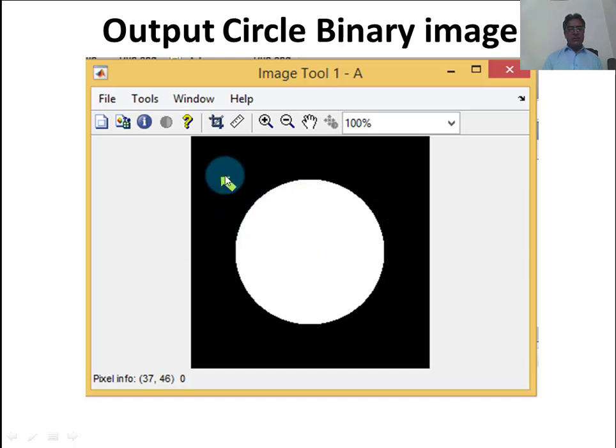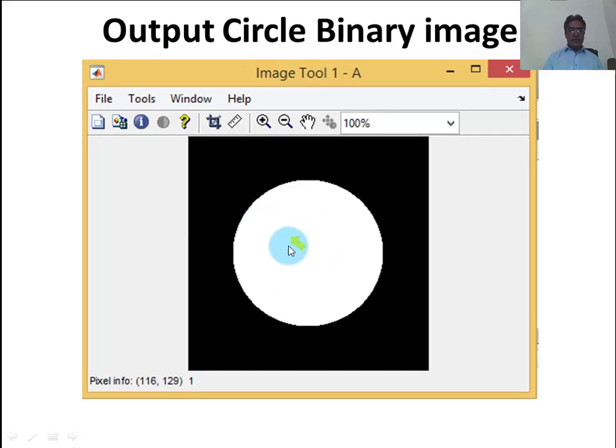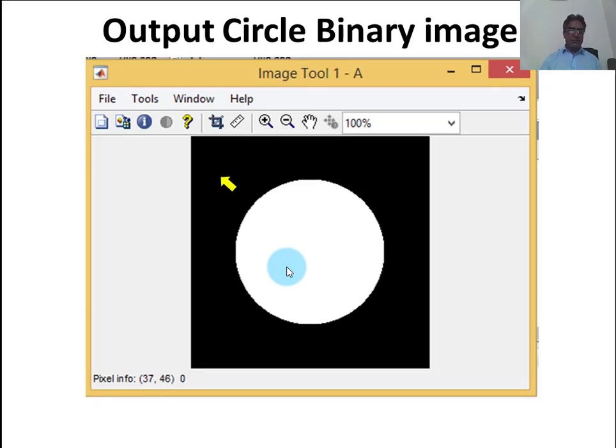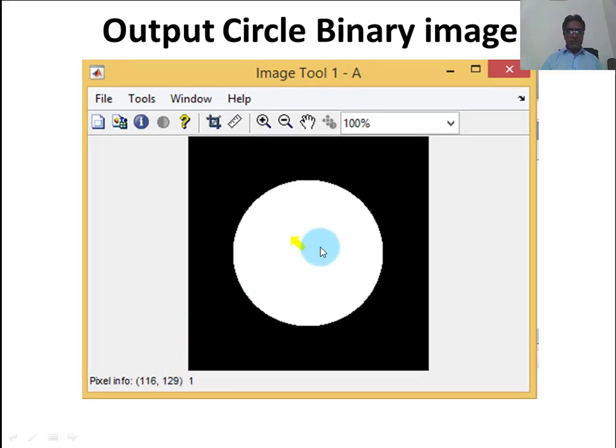When we move this cursor to this white area, the computer shows that the color shade value is 1. In a binary image the white color has the value 1, while the black color has the value 0. This is the position of this pixel, whose value is shown here as 1, at 116, 128.